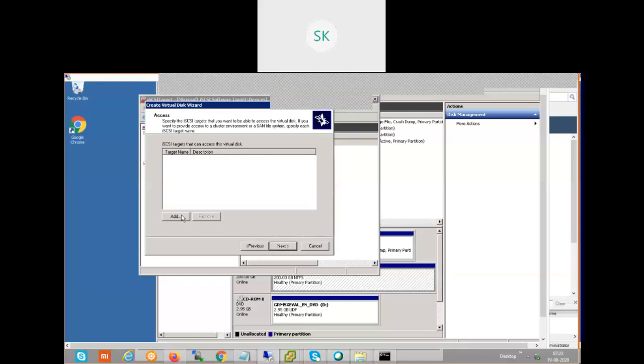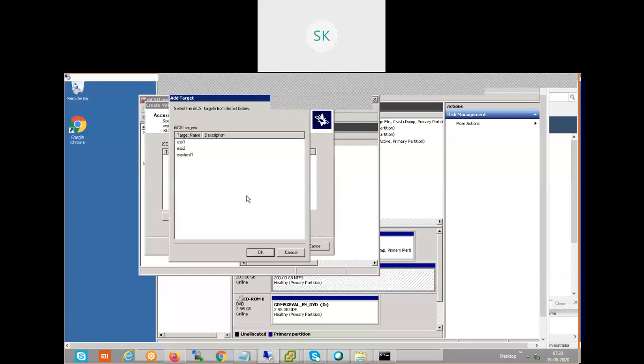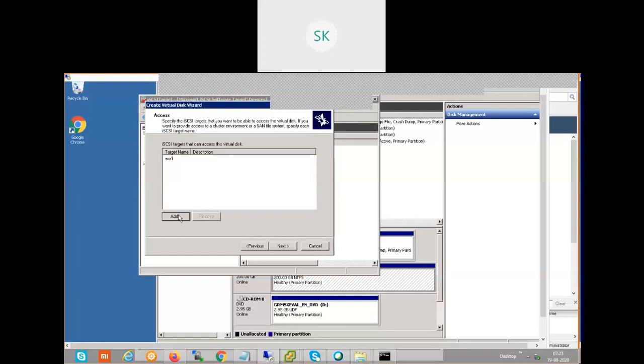Now, previously I already created targets. Now where to assign? Select add. I'm selecting the target, either ESX1 or ESX2. Only one can be selected here. Okay, select ESX1 and see how it works. Click next.